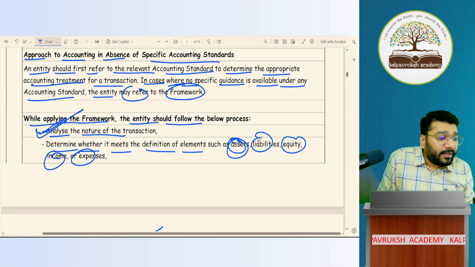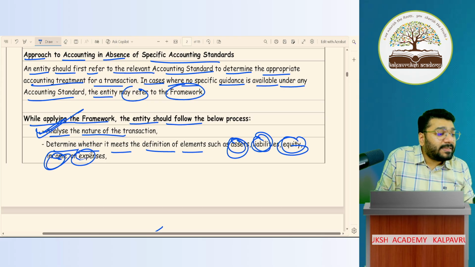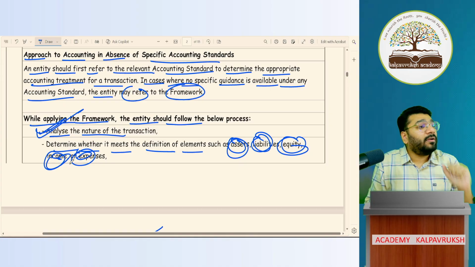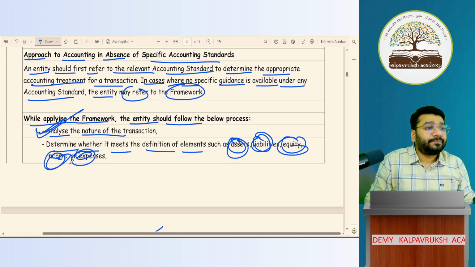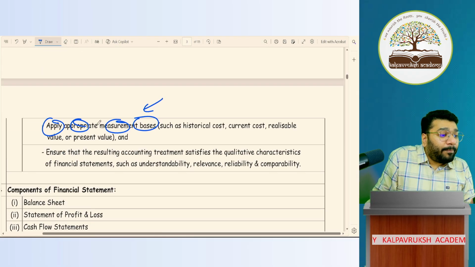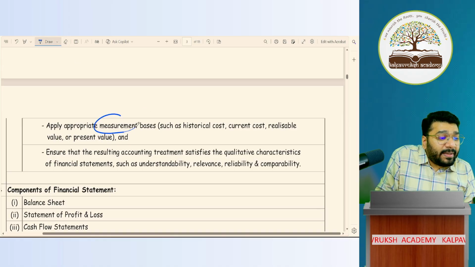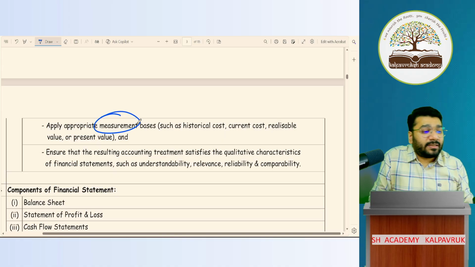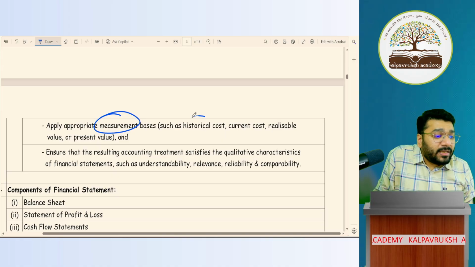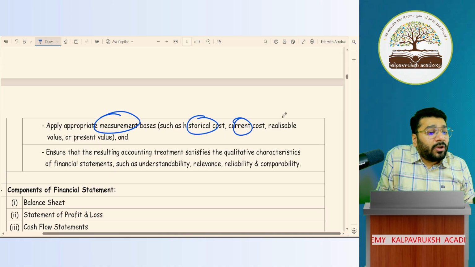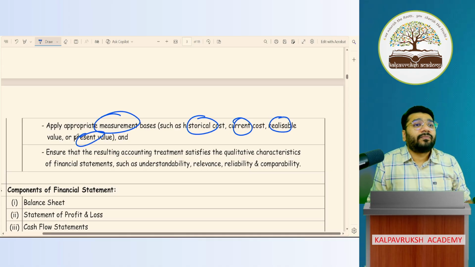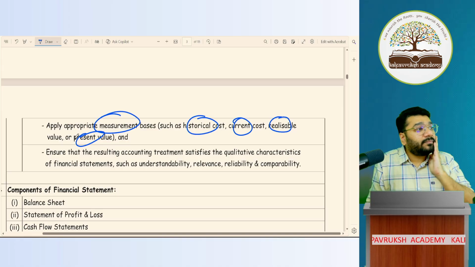Whether it is asset, liability, equity, income, expense, analyze the nature of the element. Then apply the appropriate measurement basis. So for recording cryptocurrencies, how many measurement bases do we have? Four measurement bases. Either I can record the cryptocurrency at historical cost, or current cost, or realizable value, or at present value. Whatever method you choose,